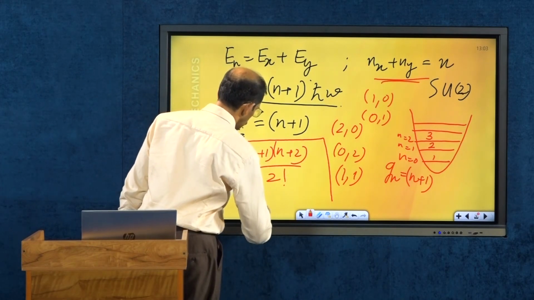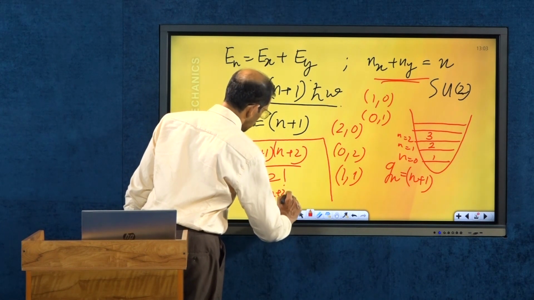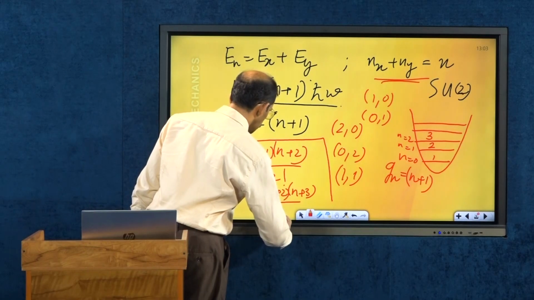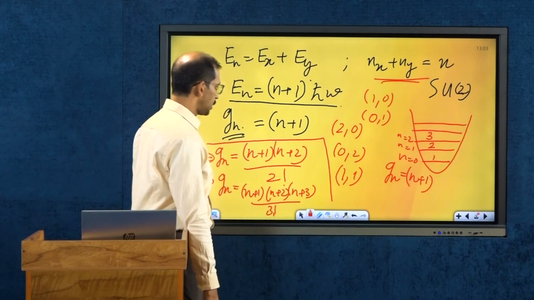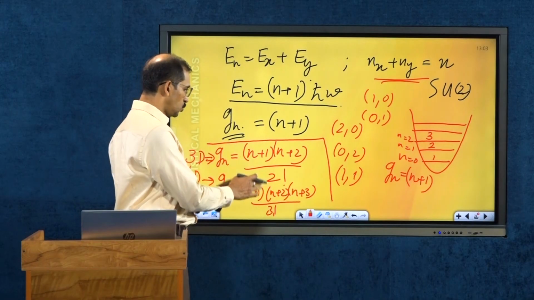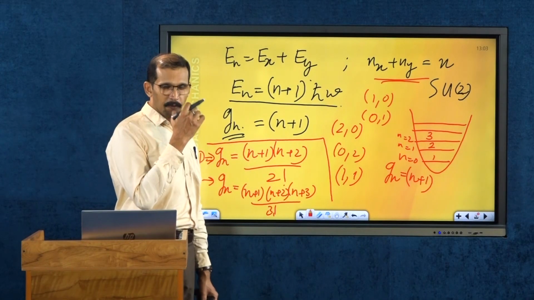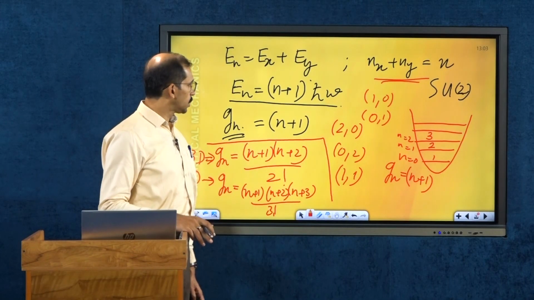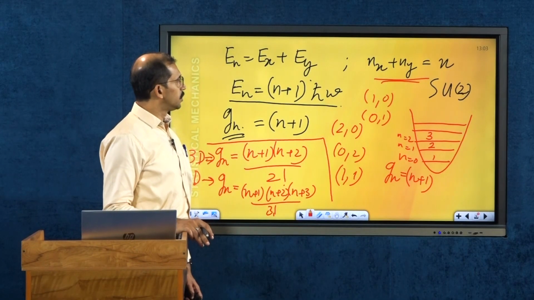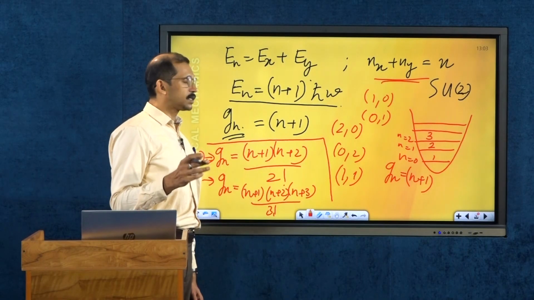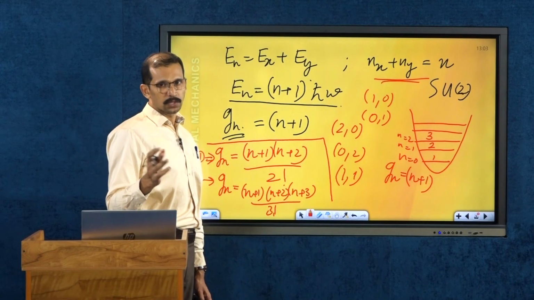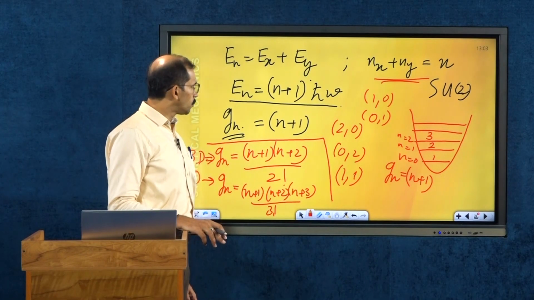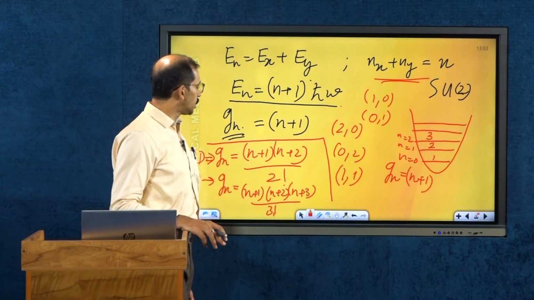n plus 1 into n plus 2 into n plus 3 divided by 3 factorial, right? So these two expressions you can keep for your future evaluations for the higher dimensions of the harmonic oscillator in the case of quantum mechanical treatment. So for our purpose, let's continue with the